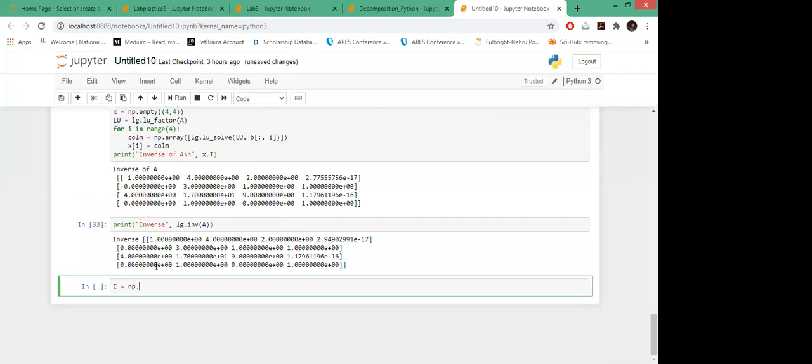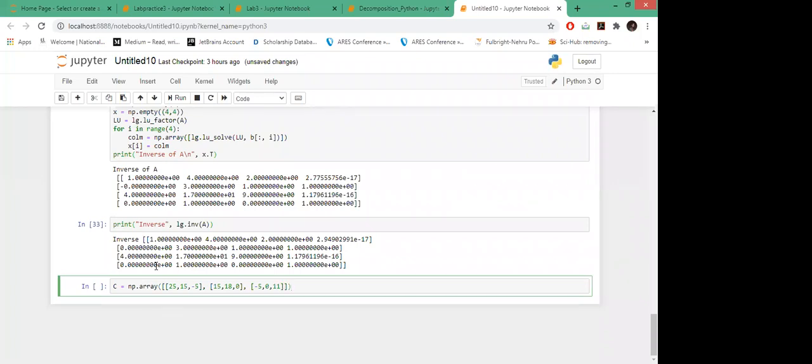Suppose I have this array. So we will pass this symmetric matrix.